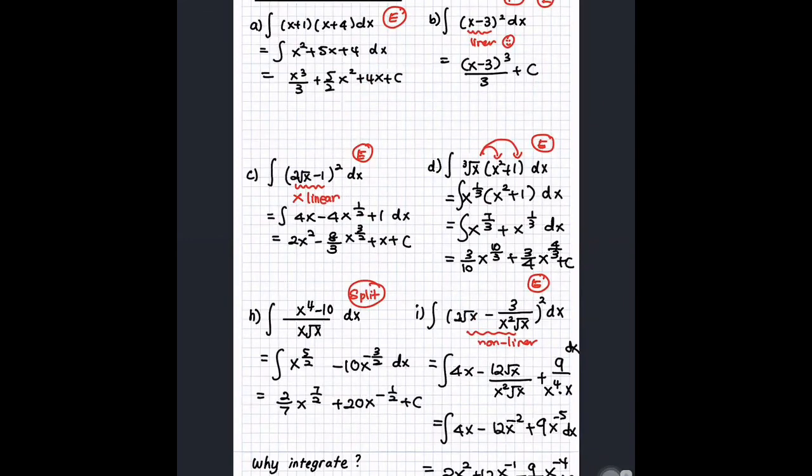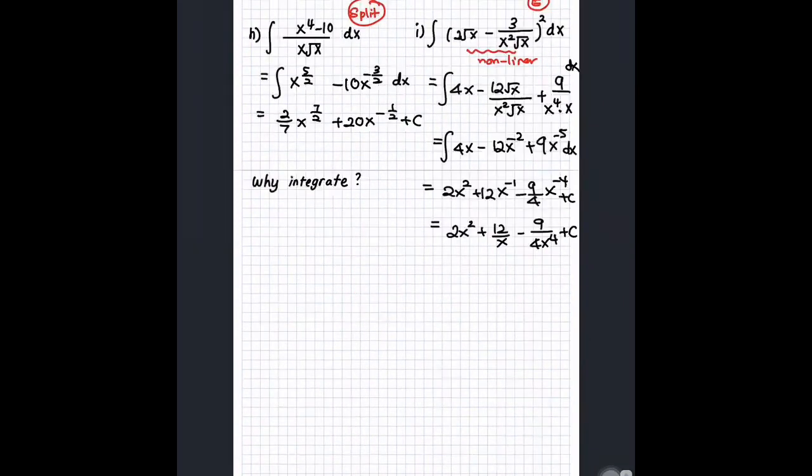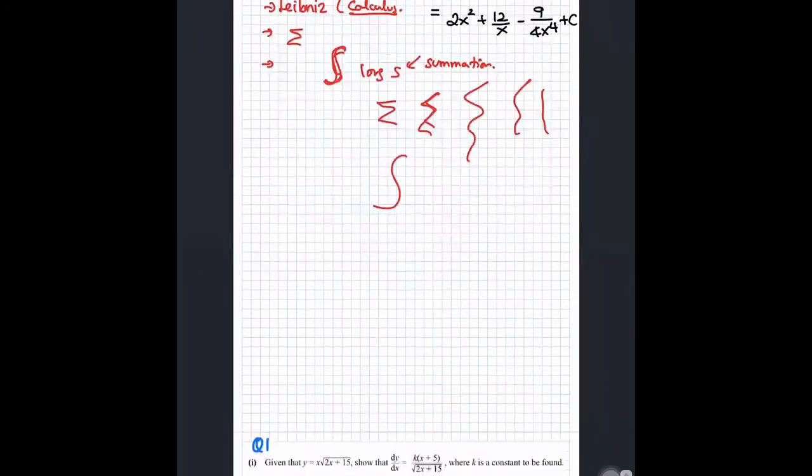Never mind. Why do we integrate? Because we want to find the area. Integrate means what? So let me tell you something like an easy story. Okay, I'm going to draw a line. Let's say this is y equals 3x. And I'm telling, hey, can you please help me find the area from 3 to 1 here? Can you help me find this area? Of course, you will be telling me, are you stupid? I just need geometry knowledge in order to find the area. It's just a trapezium. Don't try to act smart.